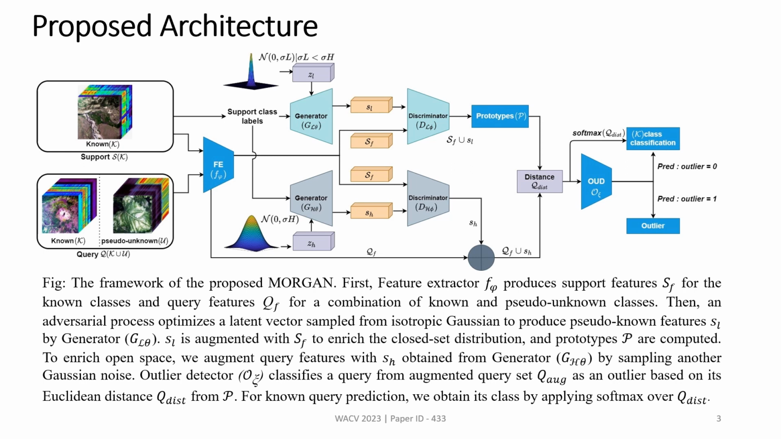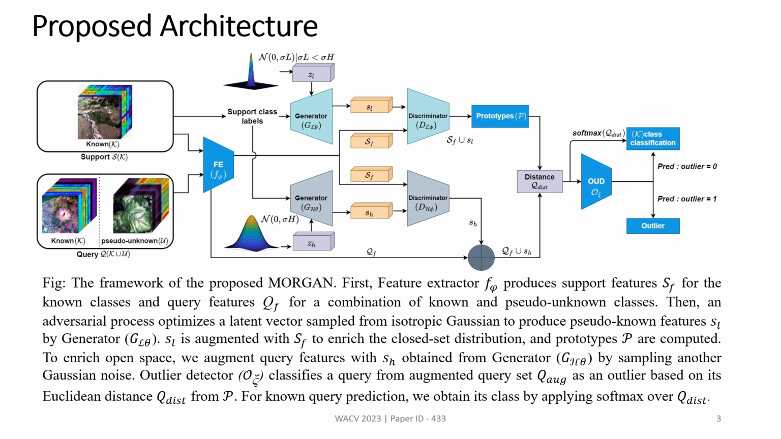Basically, in each episode, we sample a support set from the known classes and a query set from a combination of both known and pseudo-unknown classes. We extract corresponding feature vectors. Thereafter, using a low noise variance, we generate pseudo-closed samples, SL, and augment with support features to compute known class prototypes. On the other hand, from a high noise variance, we generate pseudo-open set samples, SH, and we augment with